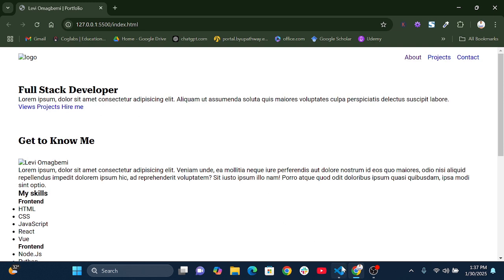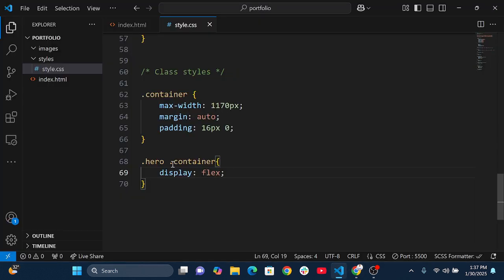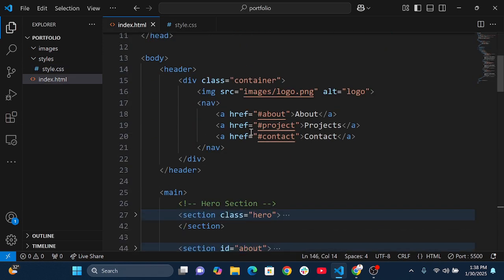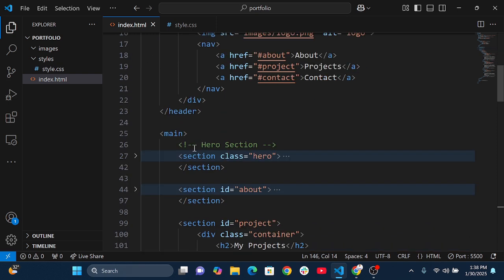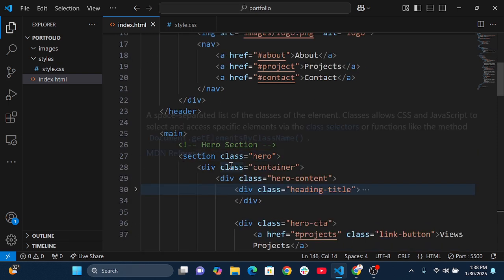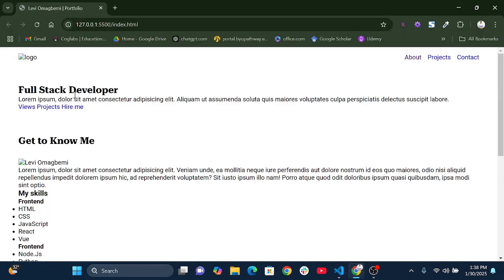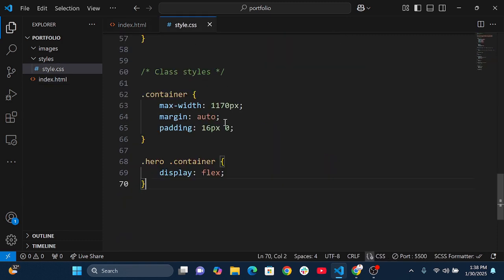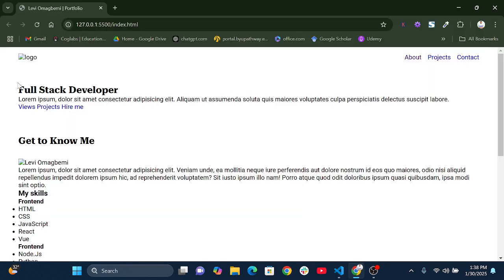When I do display flex, hero dot container display flex, so I have this div with the class of container. So I want this div with the class of container because I actually want this to be in the